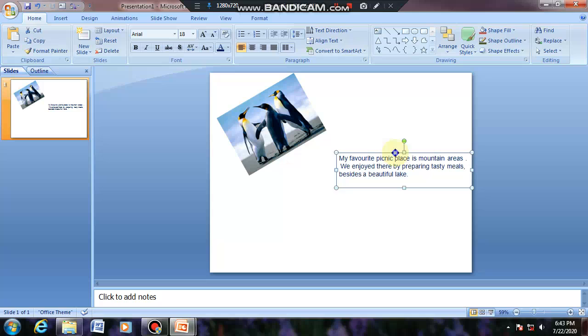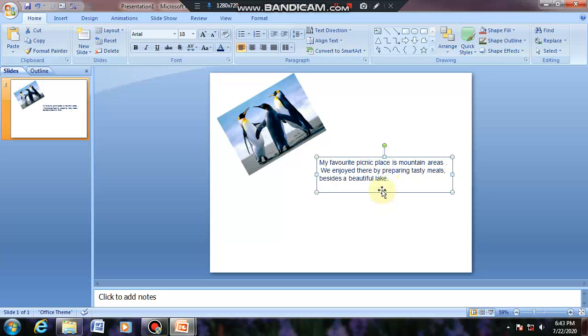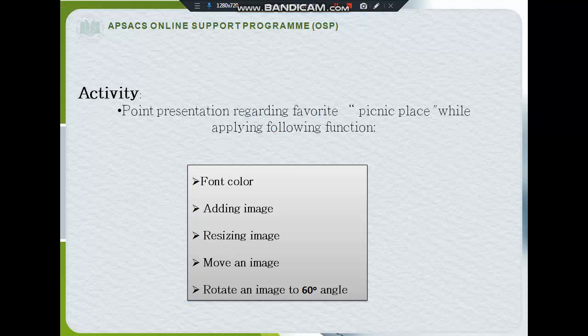So this was the end of our lesson. I hope the concepts are clear and you have learned how to rotate a picture in Microsoft PowerPoint. You can also practice it at home in Microsoft PowerPoint regarding your favorite picnic place. Write an essay about your favorite picnic place or any other topic.